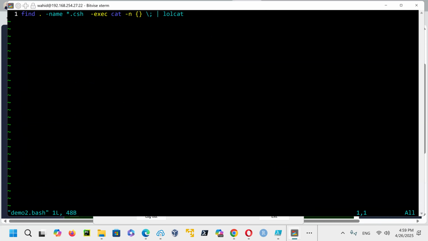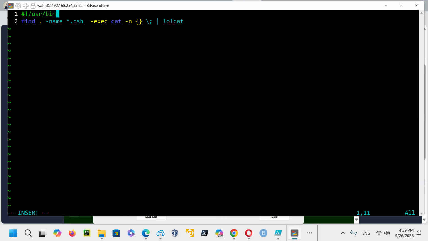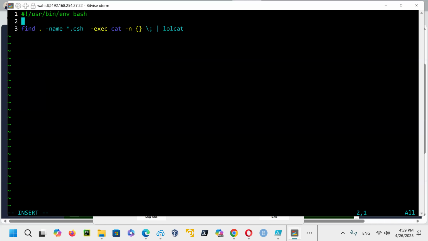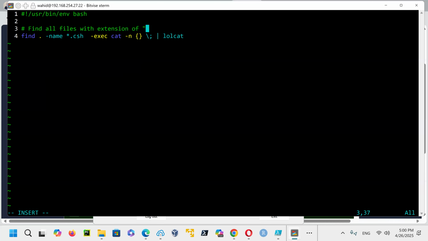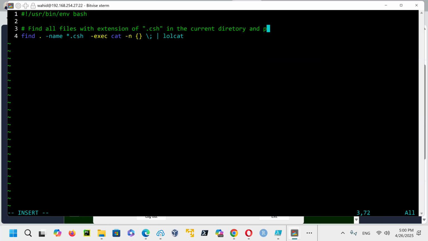You just created that file from scratch here, and you could just put the shebang, /usr/bin/env bash, and then you could put your command: find all files with extension .c shell in the current directory, and print them showing line numbers with it.